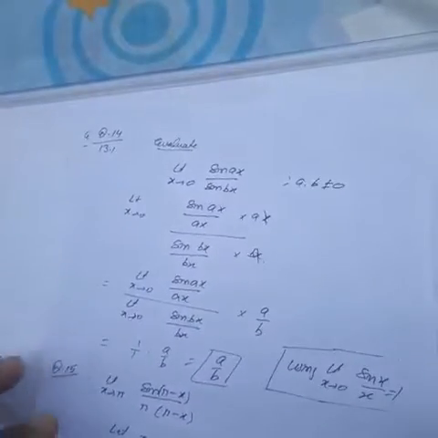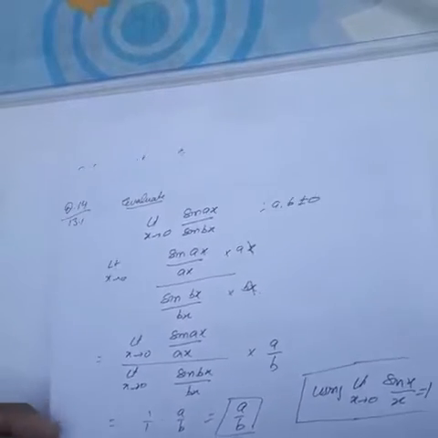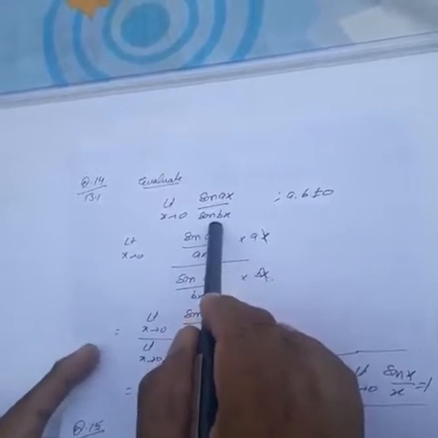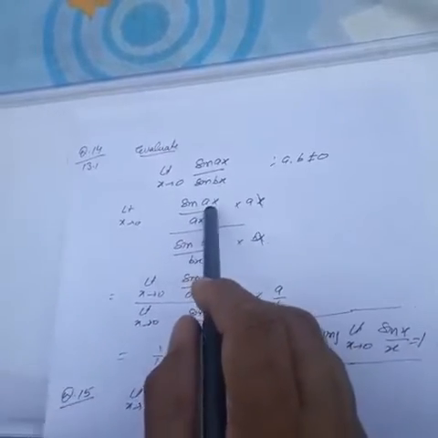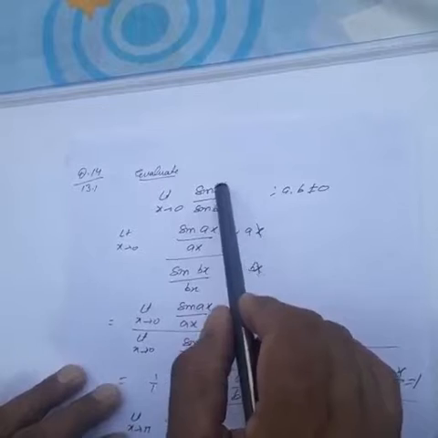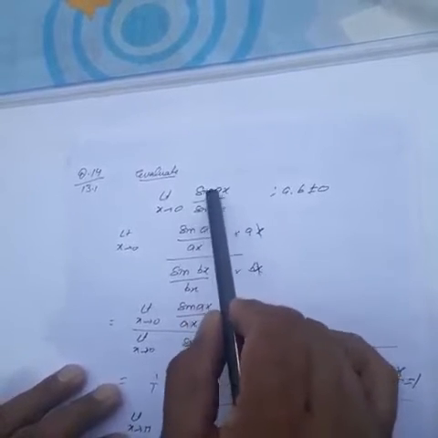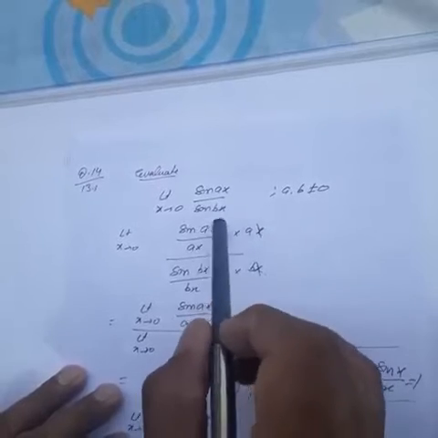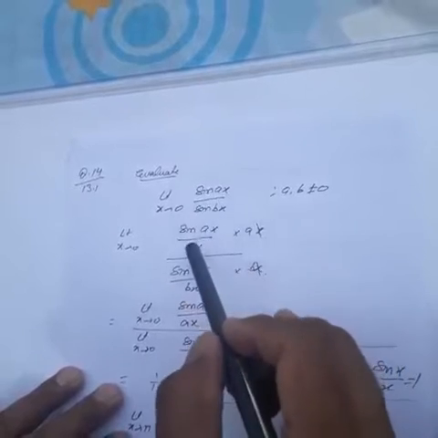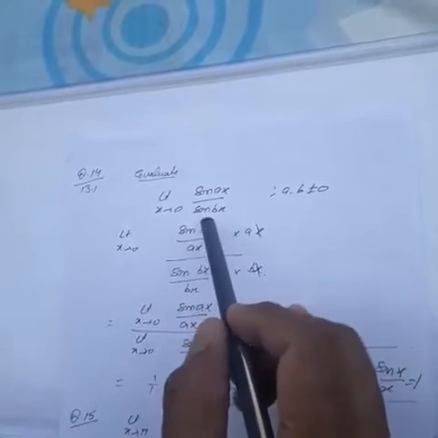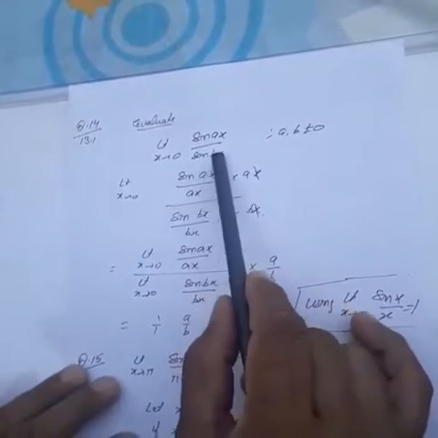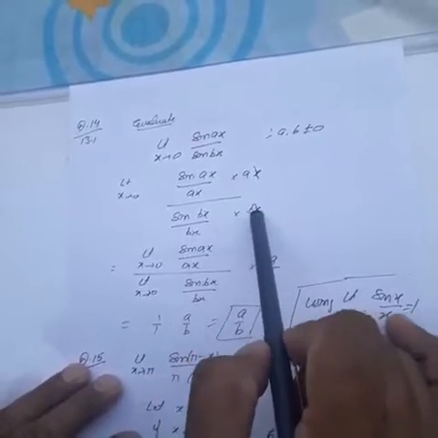Question number 14 now. This is limit x tends to 0 of sin ax upon bx, a and b not equal to 0. Now we will reduce numerator and denominator to standard form. To reduce into standard form, we must have ax in the denominator with sin ax. Similarly, bx with sin bx in the denominator. So multiply sin ax by ax and divide it, so divide and multiply this by ax. We can write like this. Similarly, divide sin bx and multiply it by bx like this.